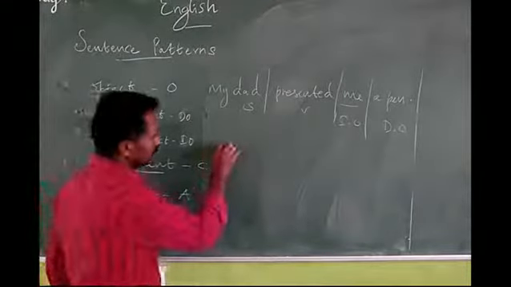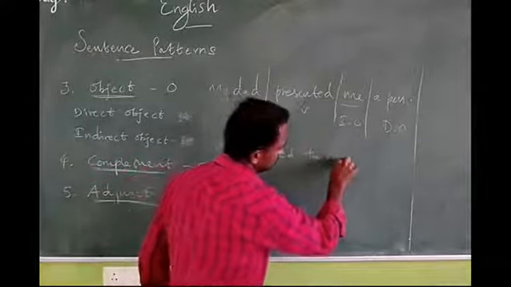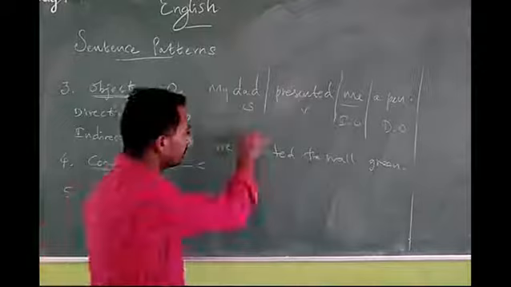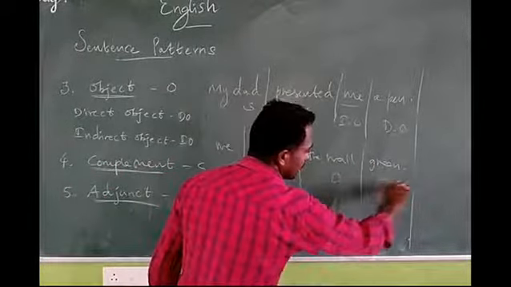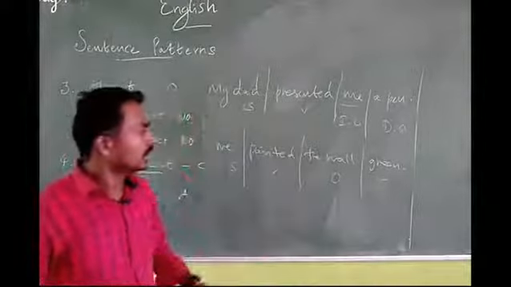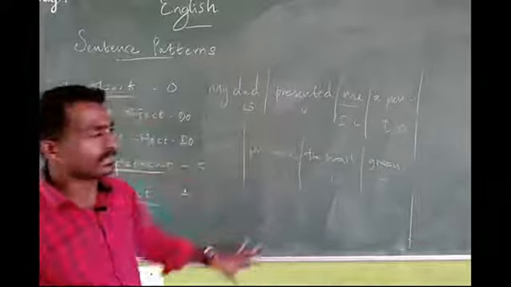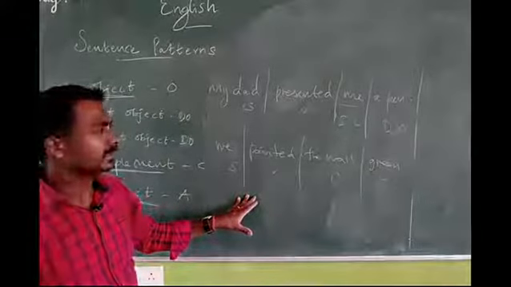See, for example, we painted the wall green. We is the subject, painted is the verb, wall is the object, and green color is the complement. A certain object has a certain complement. So this is the way of easily identifying. These types of questions they will ask in the examination, so you can easily clear it.